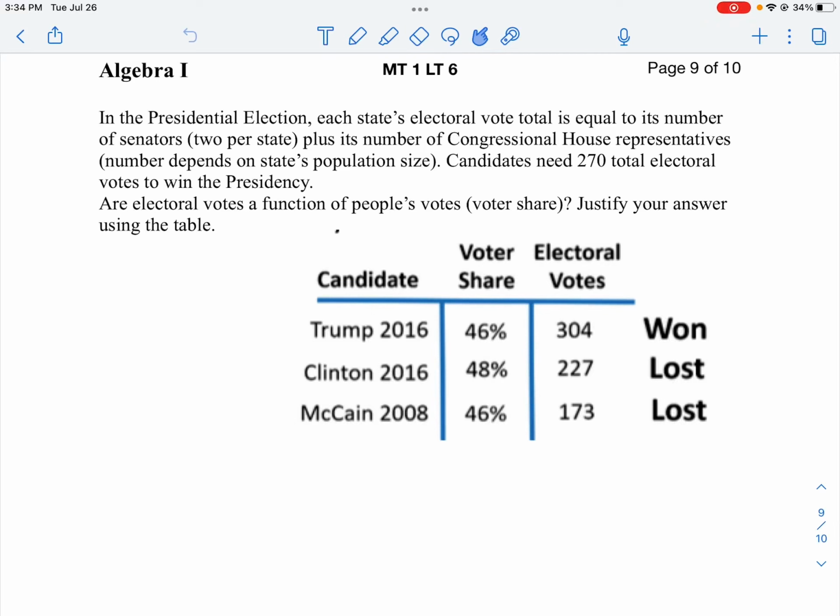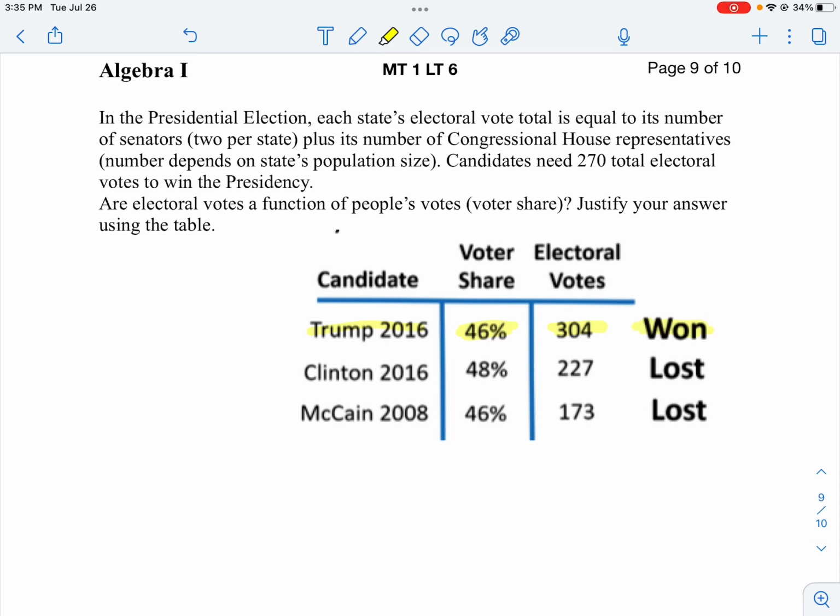In the last part of our seminar today, let's go back and answer our question. Is the Electoral College a function of the popular vote? We can take a look at some past elections. In 2016, President Trump won 40% of the popular vote, and he won 304 electoral college votes, so he ended up winning